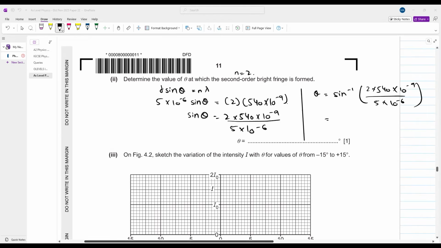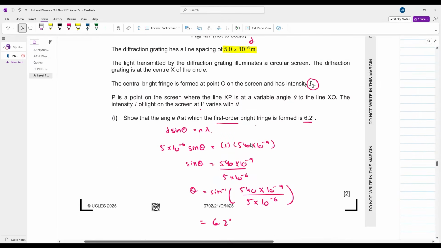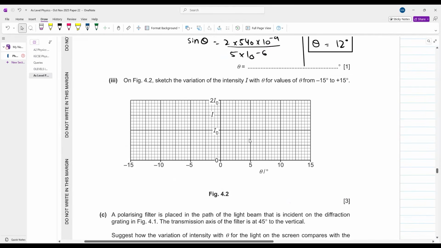Angle theta for the second order maximum निकाल सकते हो? Yes. 12 degrees. Simple as that. Nothing complicated. तो आपका सेकंड ऑर्डर मैक्सिमा फॉर्म हो रहा है 12 डिग्रीज, फर्स्ट ऑर्डर मैक्सिमा फॉर्म हो रहा है 6.2 डिग्रीज. परफेक्ट. On figure 4.2, sketch the variation with intensity for the values of theta from negative 15 to